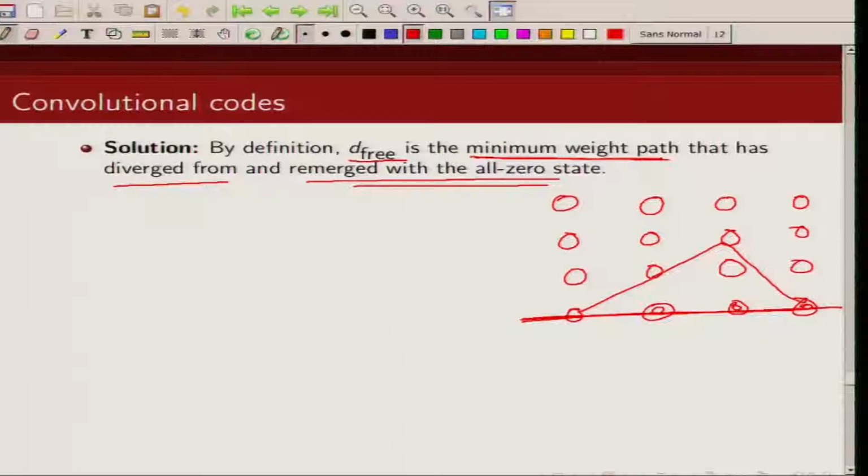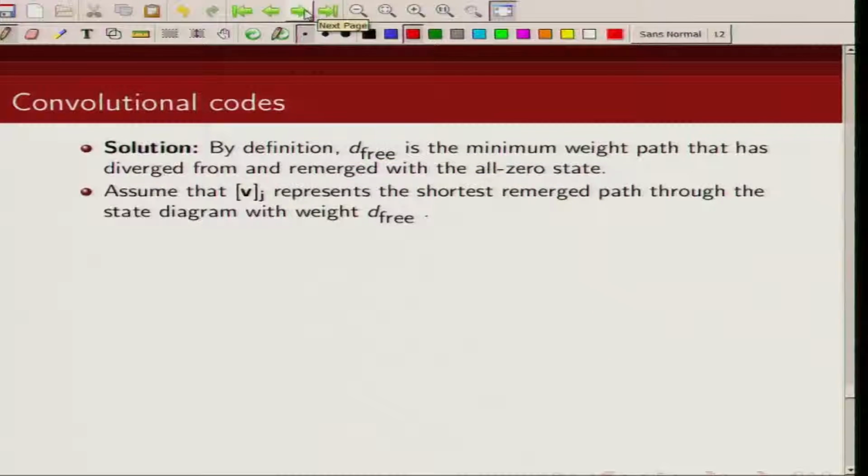To get a non-zero weight, you essentially diverge from the all 0 state and then merge back to the all 0 state. Now, let us assume that at time t equal to j,